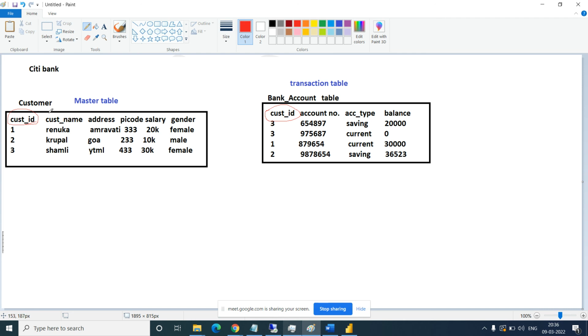Now tell me, this customer ID in the customer table, is it a primary key or foreign key? Primary key. So this will be the primary key.